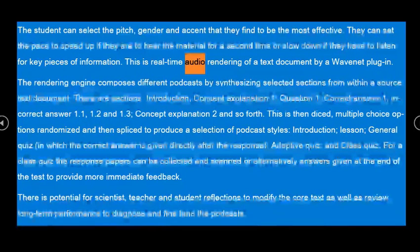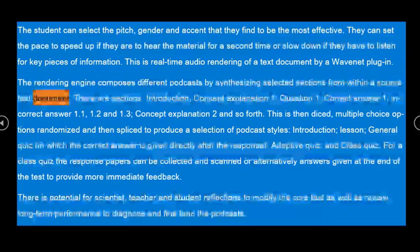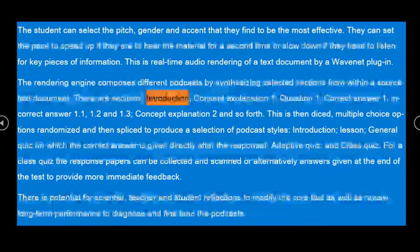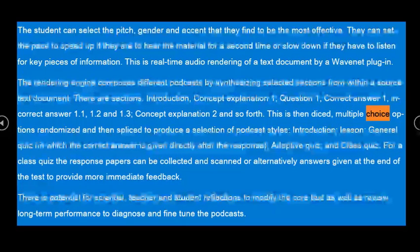This is real-time audio rendering of a text document by a WaveNet plugin. The rendering engine composes different podcasts by synthesizing selected sections from within a source text document. There are sections: Introduction, Concept Explanation 1, Question 1, Correct Answer 1, Incorrect Answer 1.1, 1.2 and 1.3, Concept Explanation 2, and so forth. This is then diced, multiple choice options randomized, and then spliced to produce a selection of